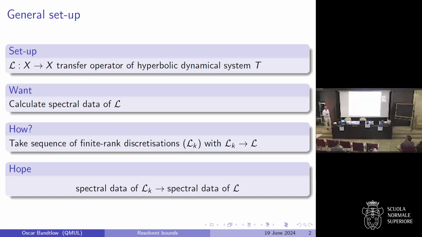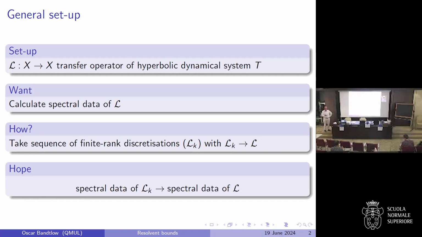So typically, this operator is an infinite dimensional operator, as you know. And how do you calculate spectra of full-blown infinite dimensional operators? Well, one way of doing this is you manufacture some discretizations. And typically, these are finite rank discretizations. And you suppose that these finite rank discretizations converge in some sense to the original operator. And then there's the hope that the spectral data of these guys, which for this talk I assume are completely given,